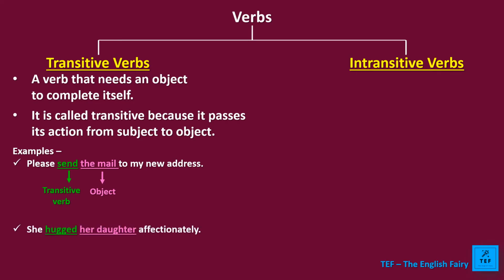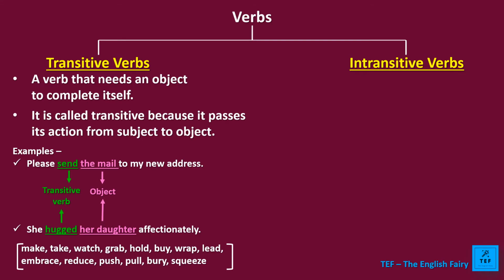She hugged her daughter affectionately. Hugged who? Her daughter. Hugged is the transitive verb. Her daughter is the object. Make, take, watch, grab, hold, buy, wrap, lead, embrace, reduce, push, pull, bury, squeeze are some more examples for transitive